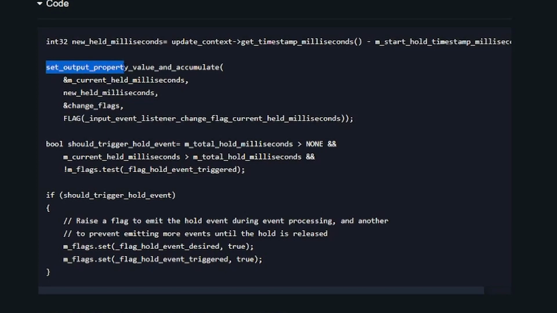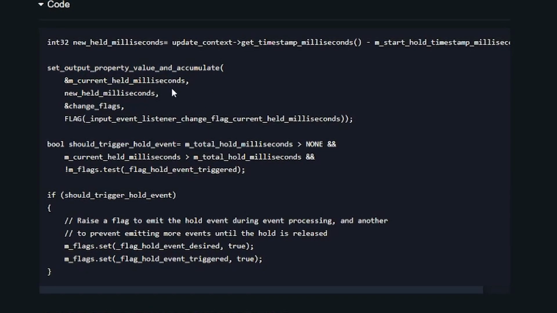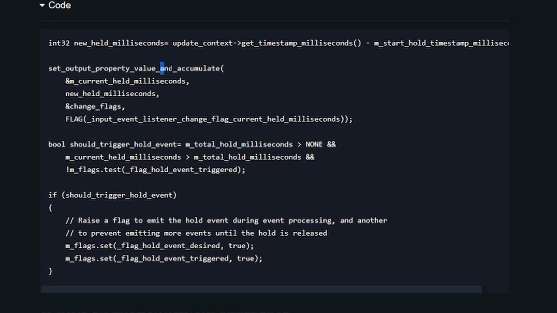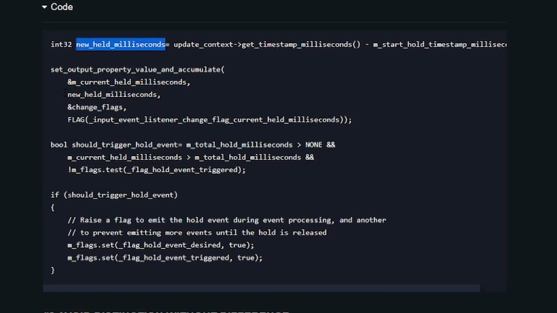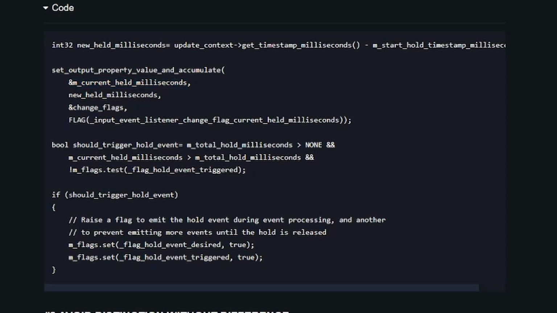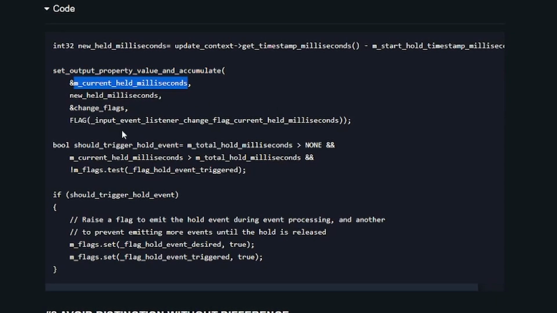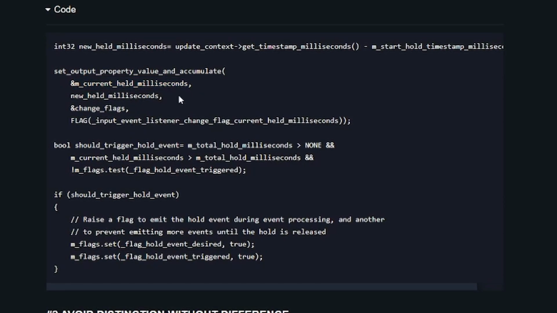It sets the output property value and accumulates. So it does two things. Maybe that's not bad, because it's very descriptive about exactly what it does, since it's probably just accumulating the time and setting the output property value. Okay, and it looks like they're passing the milliseconds by reference. So this is a variable here, right? And by putting this reference here, it turns it basically into a pointer. So this function wants a pointer to that. That seems a little odd to me. I'm not entirely sure why they would do that. I'd have to dig in a little more, but they probably have their reasons.